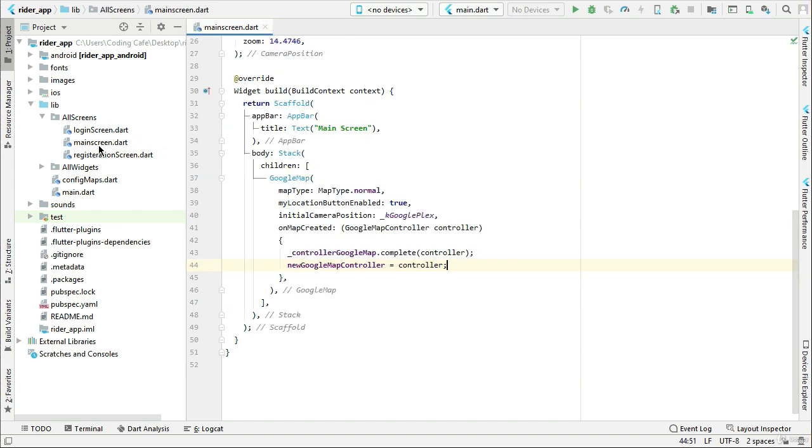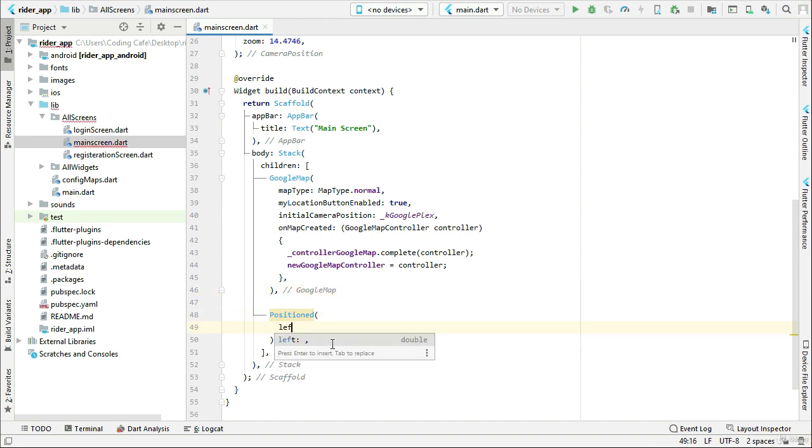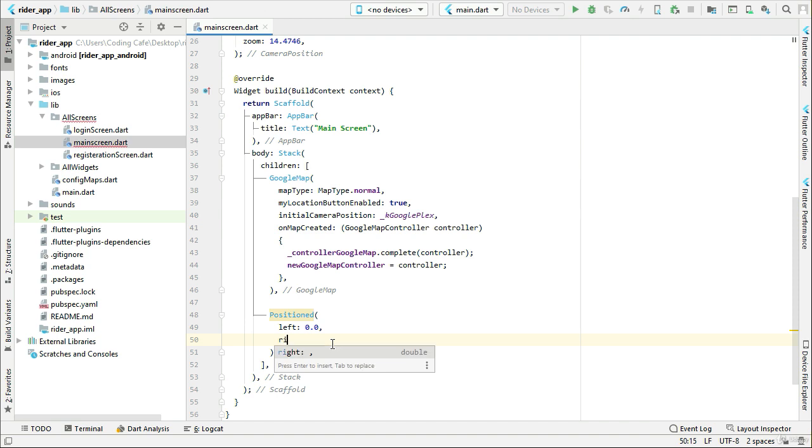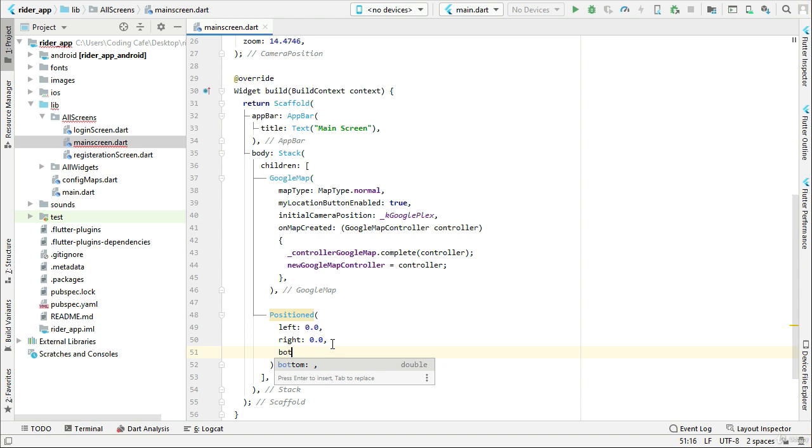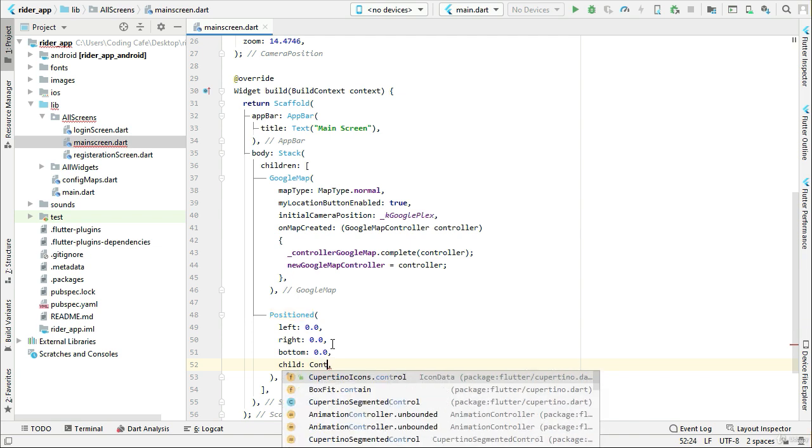So here on our main screen dart file, after the Google map, we can simply add a Positioned widget. Make sure to put a comma here, and also important that you put a comma here also. We have to make sure that the margin from all sides will be 0. So left 0, right 0.0, and bottom 0.0. Child container,